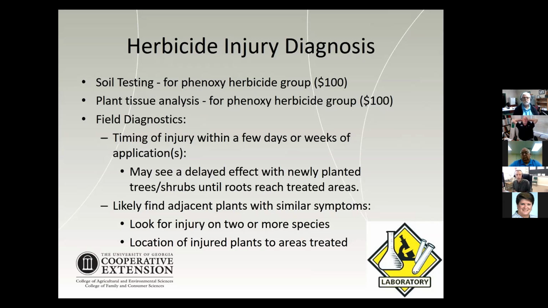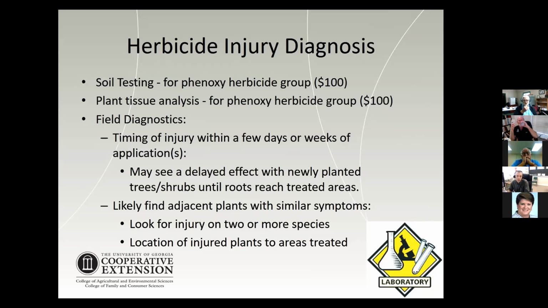The plant tissue analysis, let's say you collect some leaves off of that tree or whatever crop that's potentially injured by that herbicide. Again, that would be $100 probably to do plant tissue analysis. So those are very expensive options to try to troubleshoot that. Again, field diagnostics, you can look at